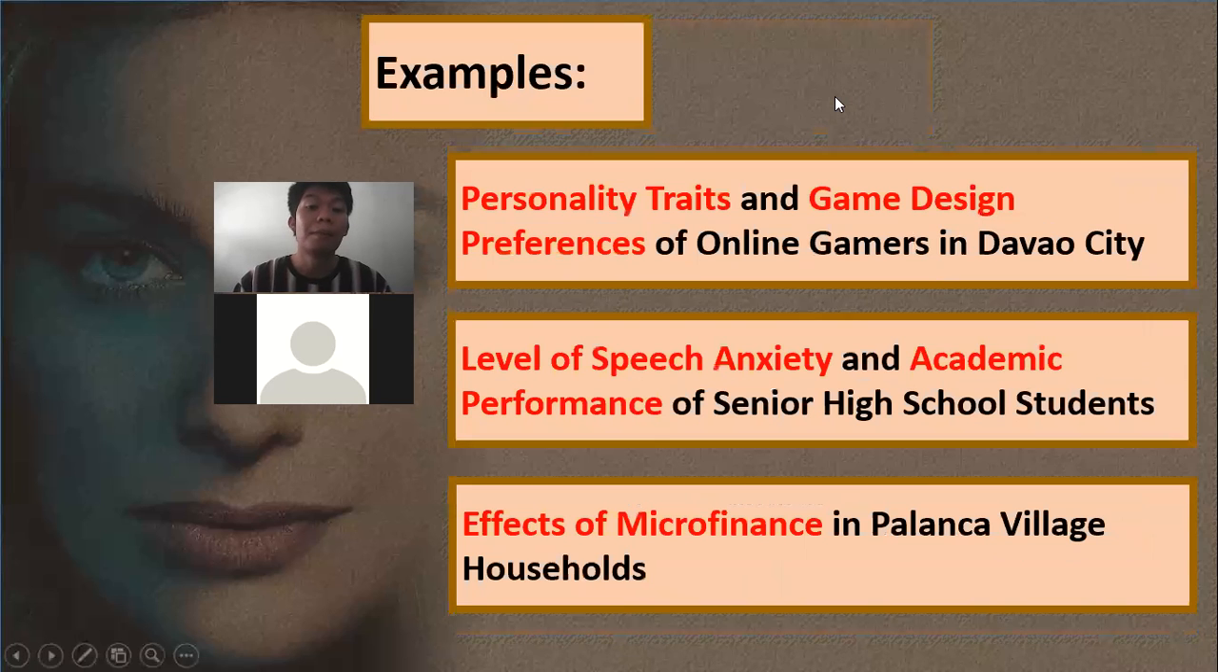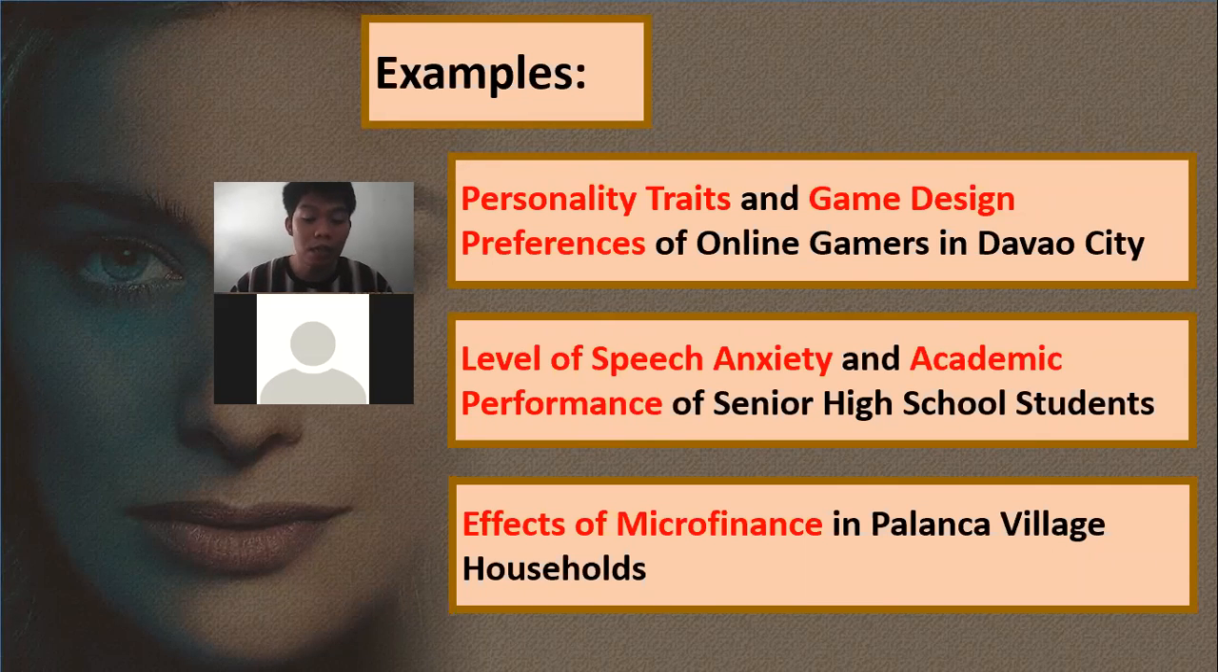Okay, for example, personality traits and game design preferences of online gamers in Davao City. Based on this title, the variables of the study are personality traits and game design preferences. So these variables of this specific study are the ones that the researchers are going to measure. The researchers will measure the personality traits and the preferences, meaning the researchers have to determine these indicators or these